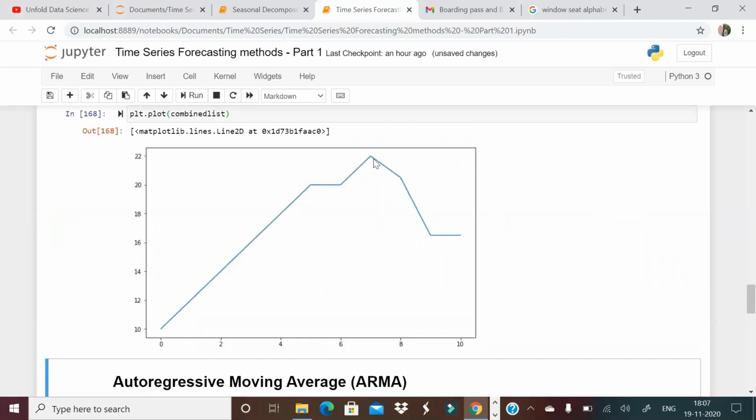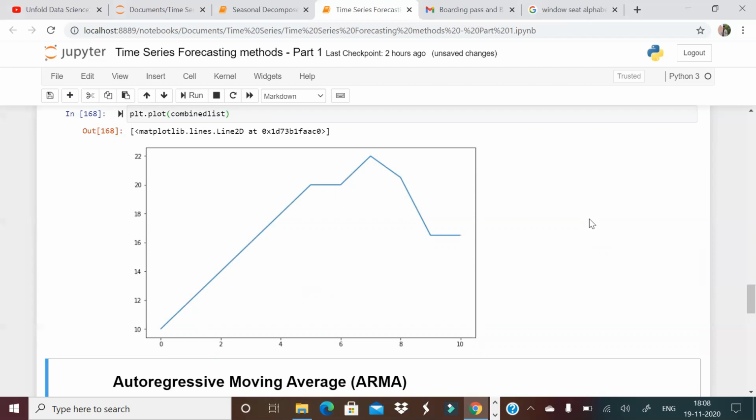Up to 7 is the observed value only, and 8, 9, 10 are the predicted values. Now if you see, guys, this chart is different from the auto regression chart. The reason for that is auto regression will internally fit a regression equation based on the past trend, whereas the moving average model will take the errors of the residuals into consideration and then it will forecast the next value.